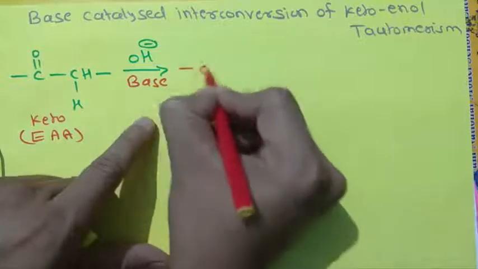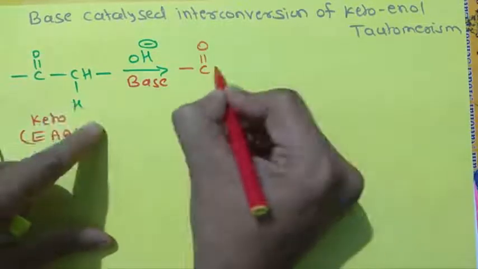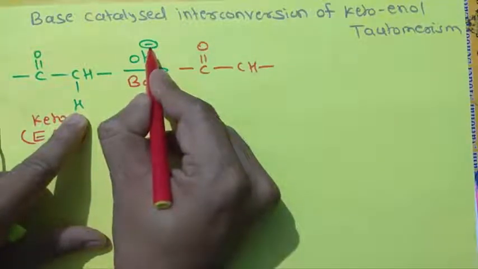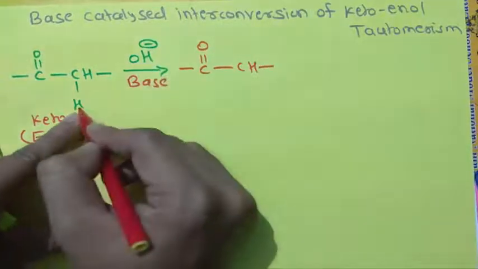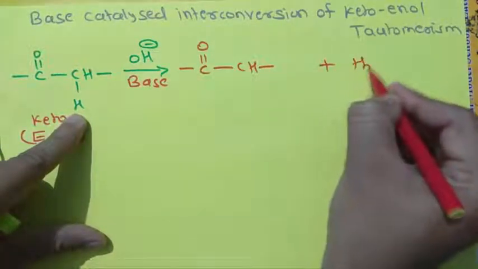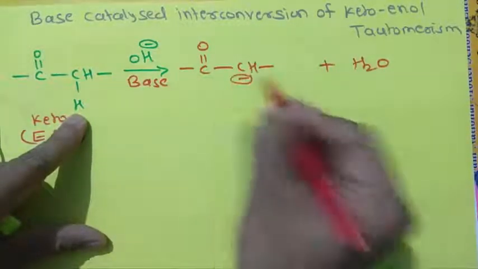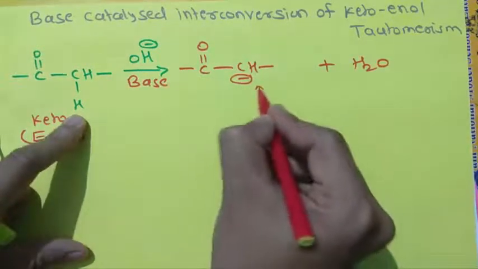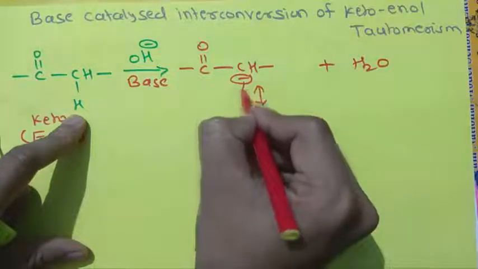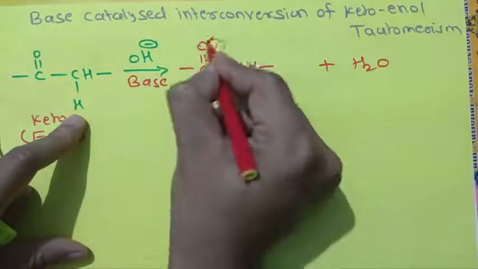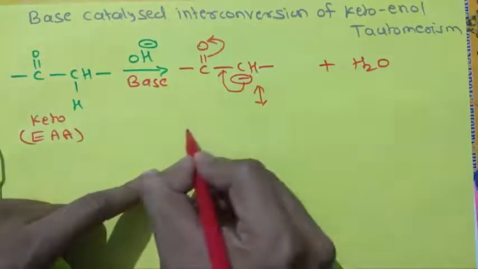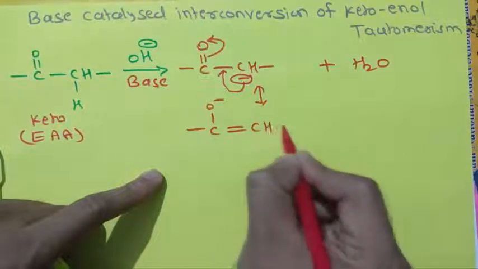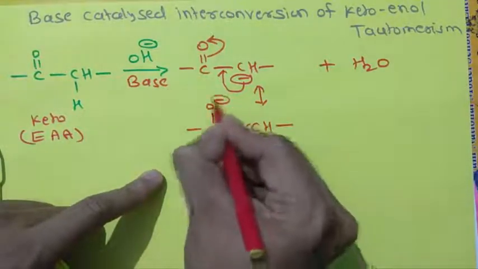What happens here? C double bond O, and here CH. This proton can be abstracted by the base, OH minus, and here H plus. What is this? It is the water molecule, and here a negative charge appears. This negative charge can be stabilized by resonance. The negative charge goes to this side, and such resonance phenomena can occur. Here C O minus double bond CH, and such resonance is called